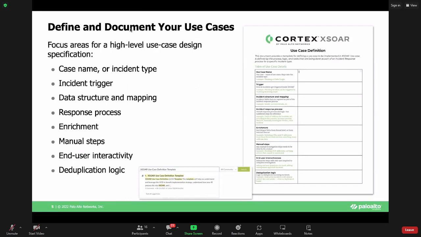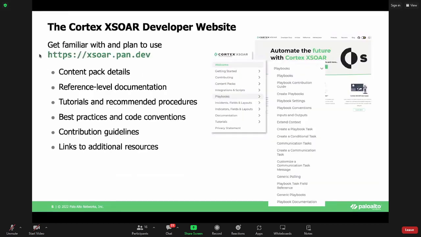Again, we're talking about this use case document. Whenever Palo Alto thinks something is interesting, that thing keeps showing up more than one time in more than one slide. Okay, so this is the case of this use case document that I already explained to you. Okay? You should get familiar with this guy. Whenever talking about XSOAR,